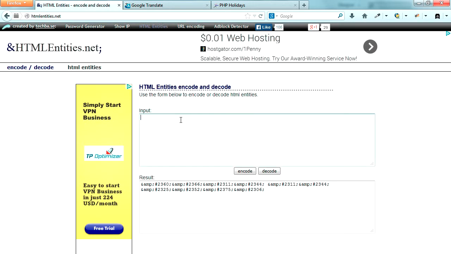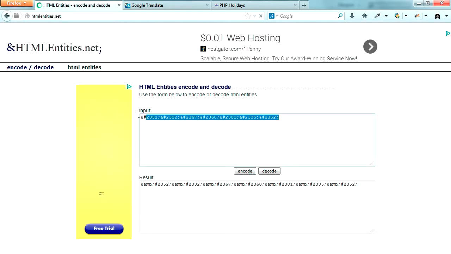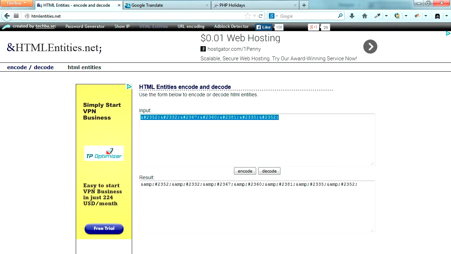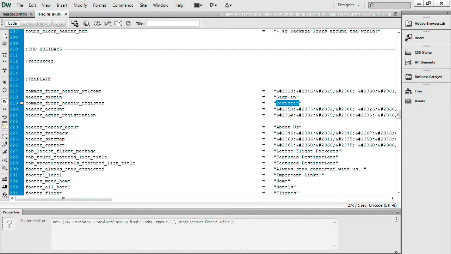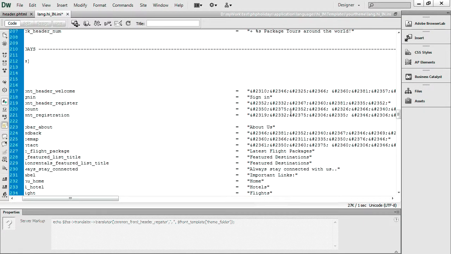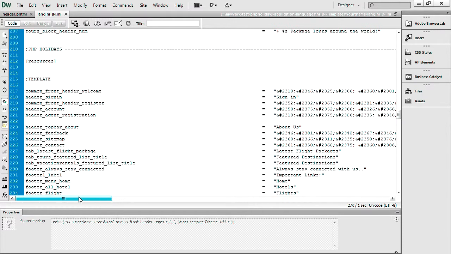I'm going to go back to our htmlentities.net website to encode this value to copy. Yes, it is. I got the value, I copied, and it has to be encoded. Again, make sure that you do not copy whatever you see in Google, because it is human readable, not machine readable. So I just encode this value and paste it on the value part of our language section. Again, I am going to save this file,